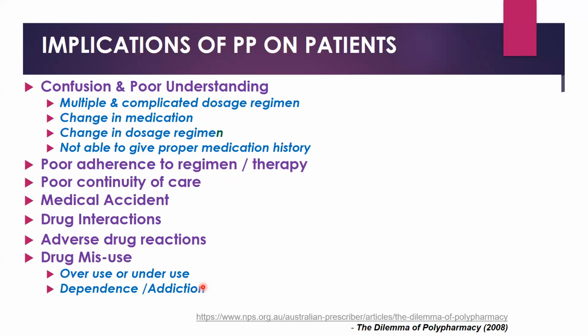What are the direct implications on the patient itself, because they are the user, they are the ones taking the medications. Their body is the one that at the end receives all these medications. It can cause, first of all, psychological effects, confusion and poor understanding, because they do not know, just like what the first picture shows, this older adult facing all this medication, they don't know how to manage it.